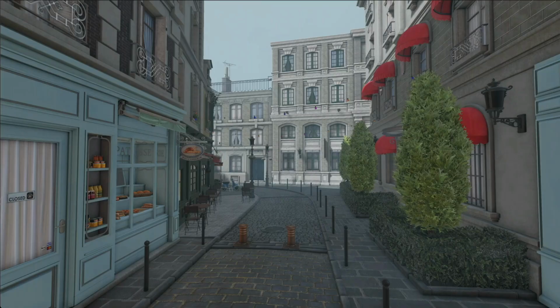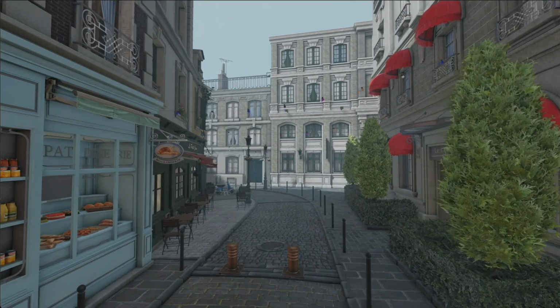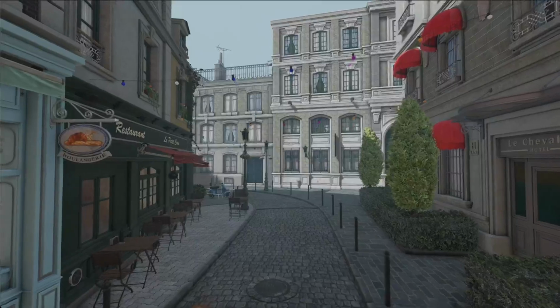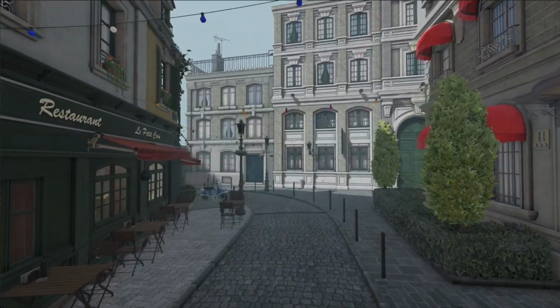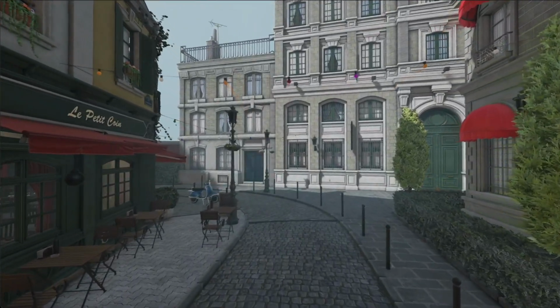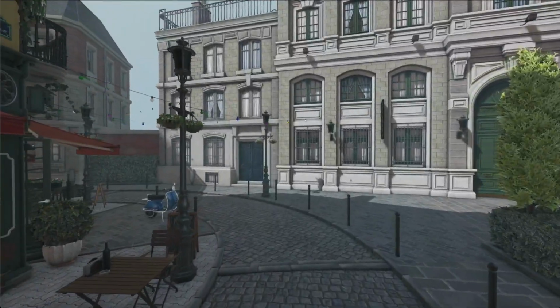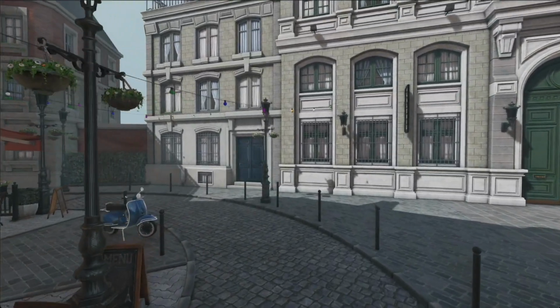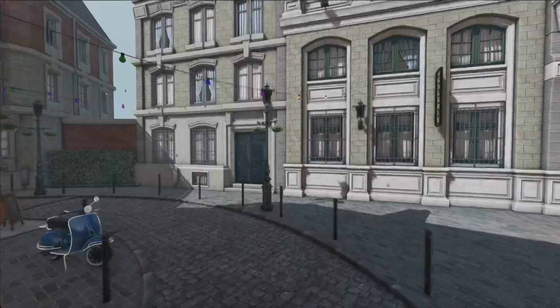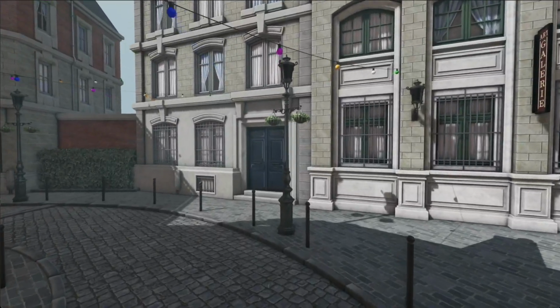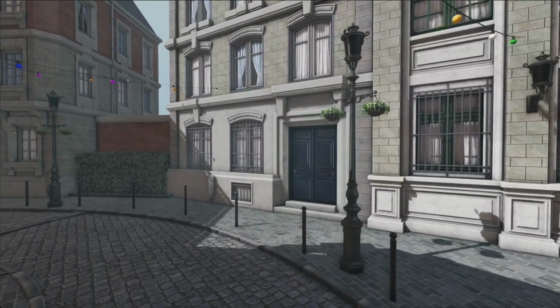This is a test scene that uses the new fast resource loading APIs to stream texture data by using sparse textures with a tile size of 16 kilobytes. This video is from a MacBook Pro with an M1 Pro chip. The streaming system queries the GPU's sparse texture access counters to identify two things: the tiles it has sampled but not loaded, and the loaded tiles the app isn't using.